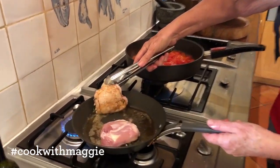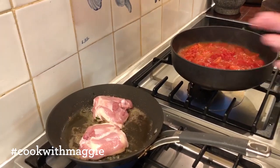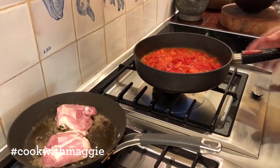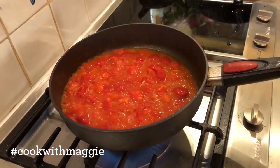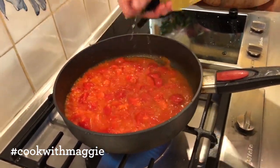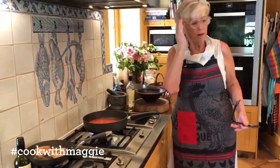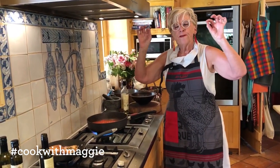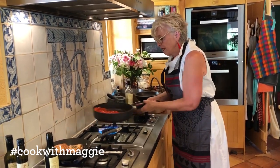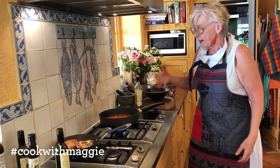See, that's what I'm after, a really gentle golden on that side, just a few seconds more. There's nothing more than a splash of verjuice. If you don't have verjuice, use a little bit of red wine vinegar. What you're after is a slight acid finish on it. So we've got the sweetness of the very ripe tomatoes, and now I'm going to